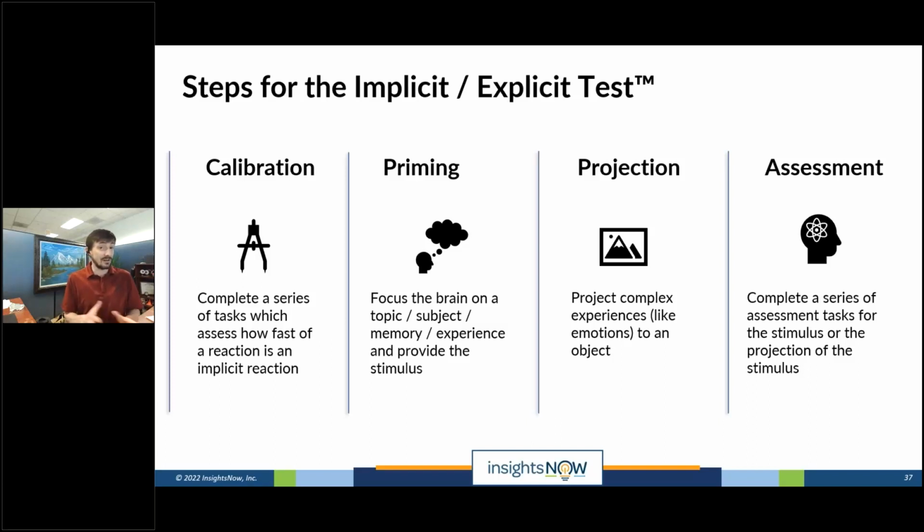The next piece that a lot of people miss in implicit research is the priming step. If all you do is throw an implicit test at somebody, and you haven't primed them, you're going to have a ton of noise in your data, and you're going to get a lot of non-differences. So you always want to make sure that you throw a very clear priming step in. That could be a product experience, it could be a concept, it could be them telling a specific story, but you need to have them focused, and you need everybody that you're going to be assessing collectively focused in that same way.